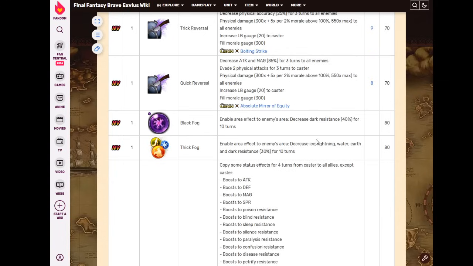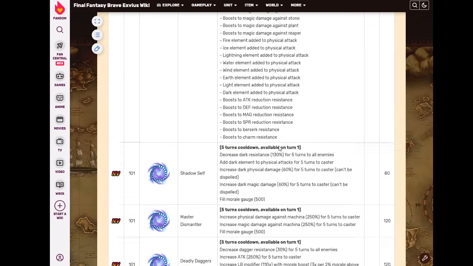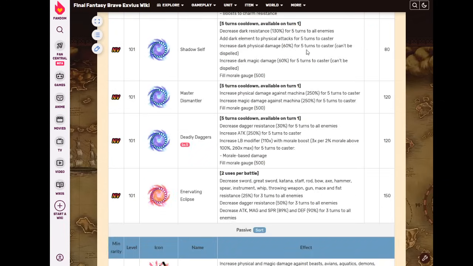Too bad for you. He does have some small Imperil fields for Ice, Lightning, Water, and Earth, which is neat. Down here, Self-Amplify for 60, the usual thing right there. Self-only Machine Killer, so that he can then share that, of course, with the party. So 250 Machine, which is...